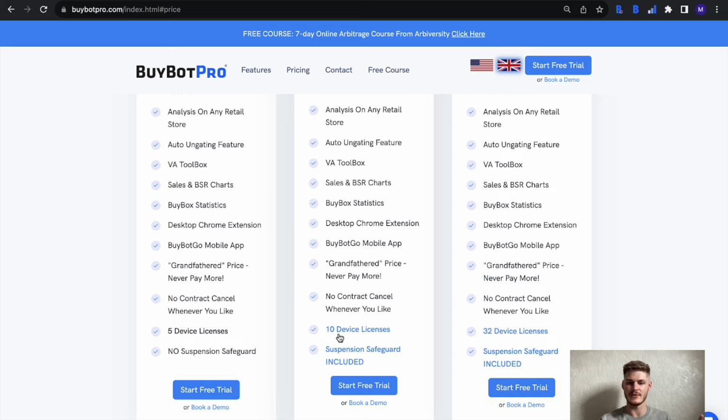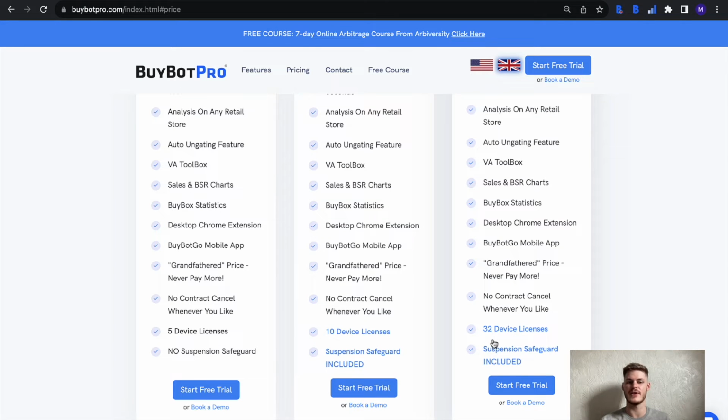On the Pro plan, you've got 10, and on the Enterprise plan, you have 32. So what this means is it determines how many devices you can have BuyBotPro or BuyBotGo on. So this does include BuyBotGo, the mobile app, that is free as part of your subscription, but the device licenses determine how many devices you can have BuyBotPro or BuyBotGo